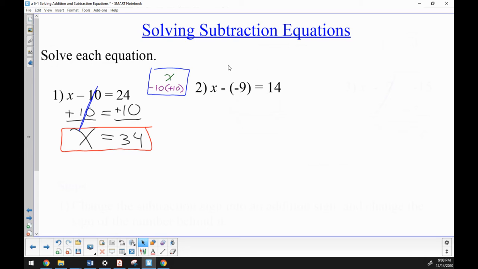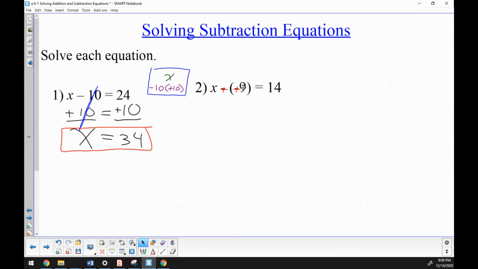So you want to do something called keep, change, change, which if you've learned about integers, hopefully you've learned in some form or another. It means to keep the x the same. You're going to change the minus into a plus sign, but when you do that, you must change the negative 9 into its opposite, positive 9. Once you do keep, change, change, you turn that minus negative into a plus positive problem,